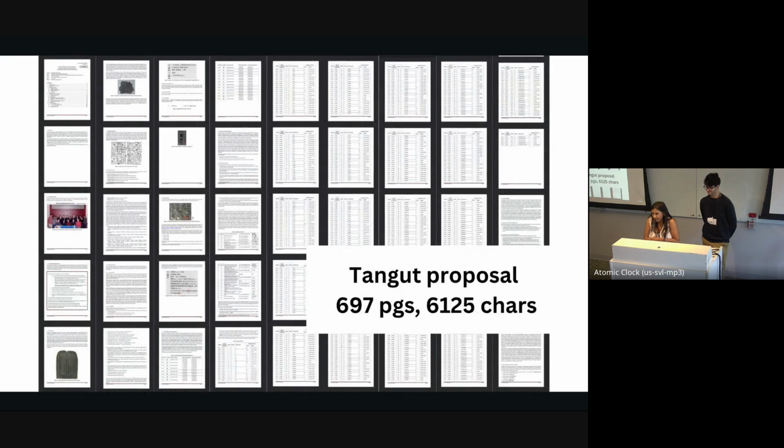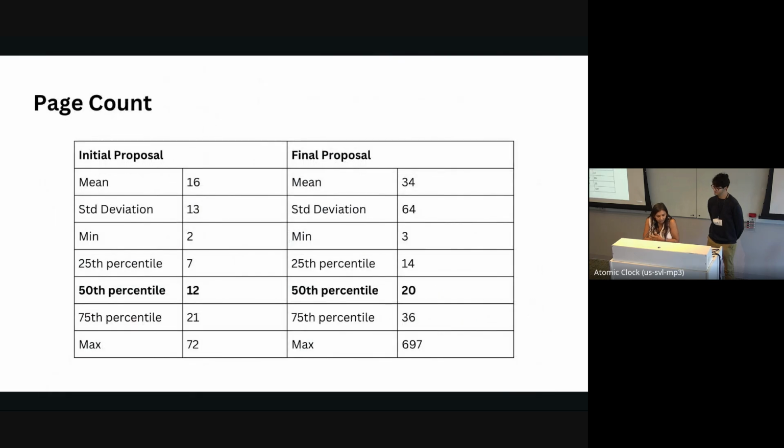So here's that example, a very small subset of an example from the Tangut proposal. And this is for an ideographic script, and the authors proposed 6,125 characters. So really, you just need all of those pages to go through each of the characters and their properties. Oh, I forgot. It's probably a lot shorter. Yeah, I don't think it was by far. Tangut had both the most characters and pages, I think.